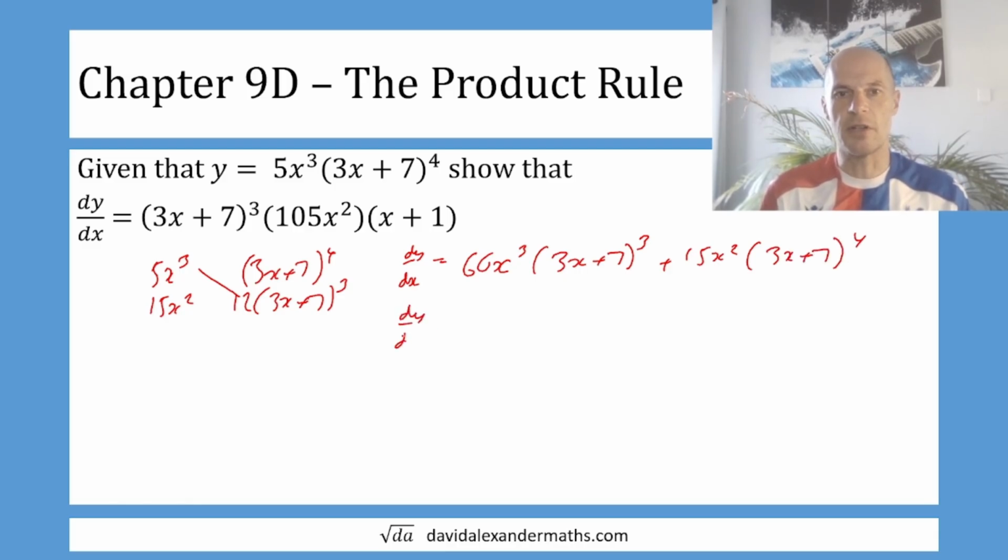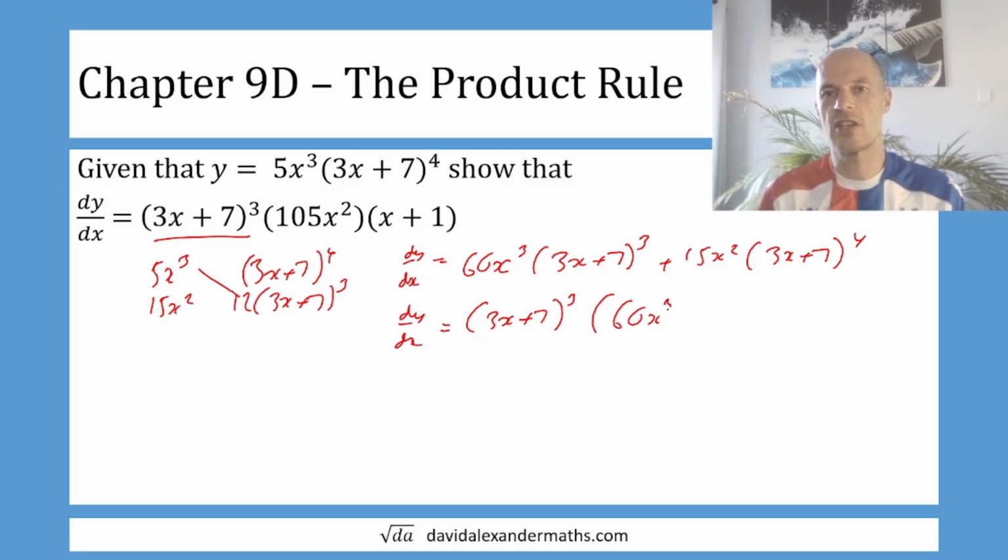So the first thing I'm going to do is take out the 3x plus 7 cubed from both, keeping my eye on this a little bit, although I'm not obsessing about it. I'm just going to go for it and hope that I end up with that. So 3x plus 7 cubed,